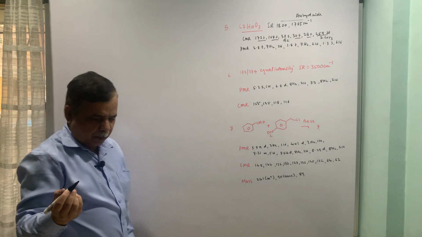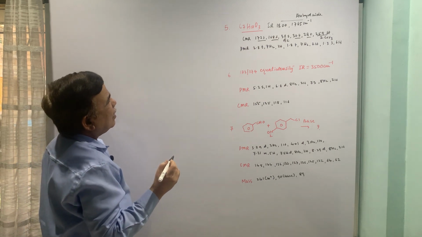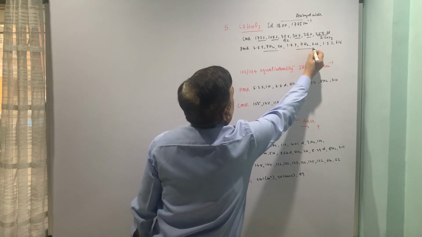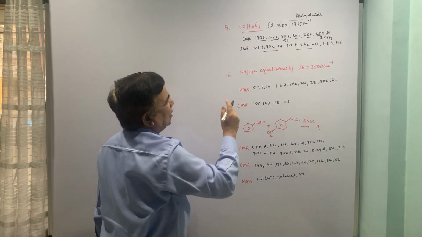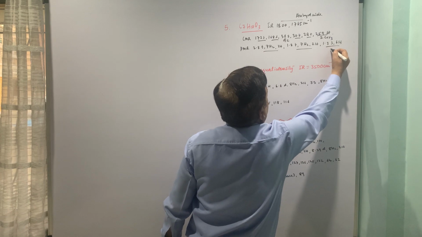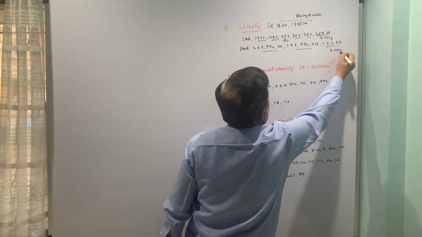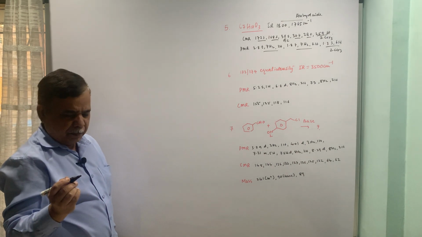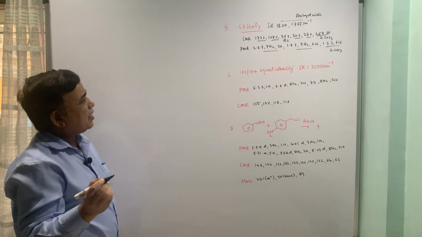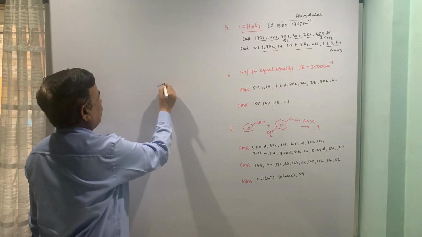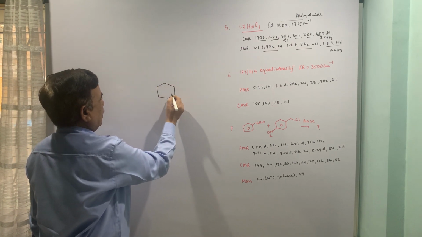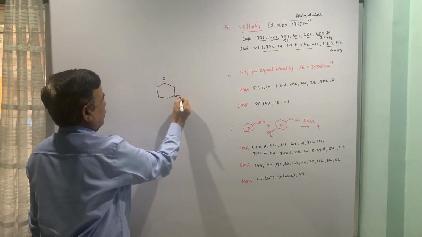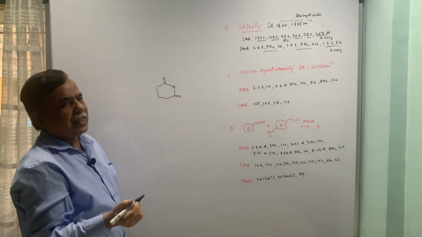That is the overall situation: triplet 2 protons, triplet 2 protons, they are the immediate methylenes, and these are 2 methyls which are isolated ones. If you look at the sites of unsaturation, there are 3 sites of unsaturation. So, we can draw an anhydride with a central oxygen. These are 2 carbonyls. So, 172 and 168 is taken care of.